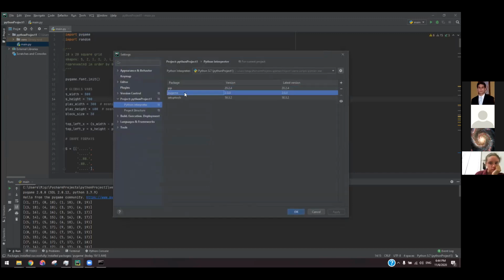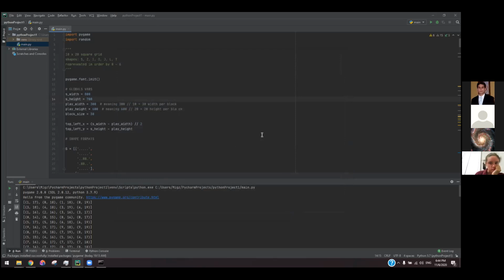I already downloaded it, just to make sure it worked. So you basically just get PyCharm. I should show you how to get PyCharm. Just go to the PyCharm website, download it, click next, and then yeah. Once you get here, you have to do the module thing, and then, as I showed, just copy and paste the code.